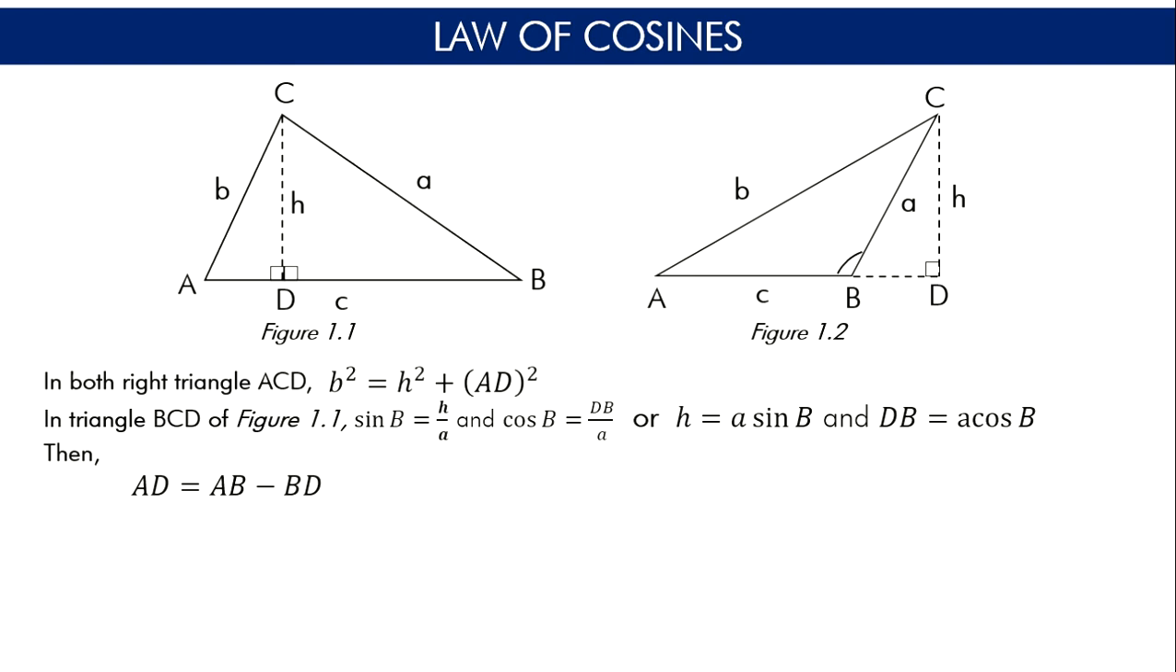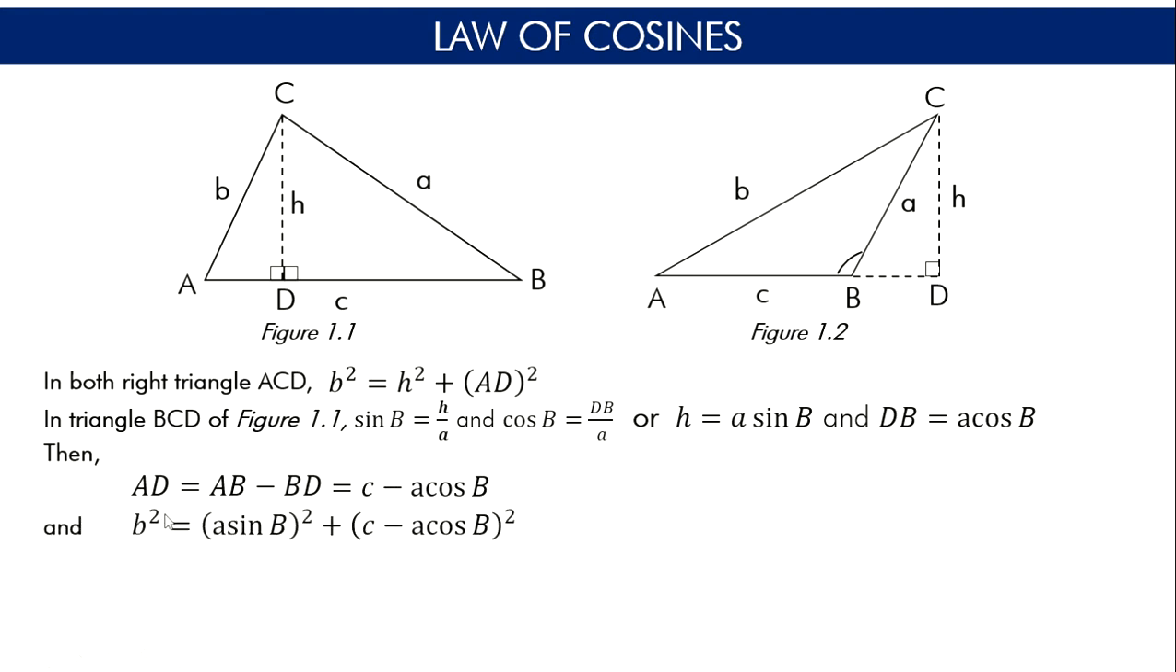Okay, so from this, let's try to substitute the values that we obtained into this equation. In both triangles, b squared is equal to h squared plus AD squared. So if we substitute the values that we obtained,